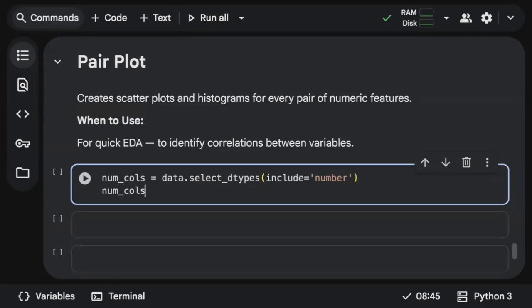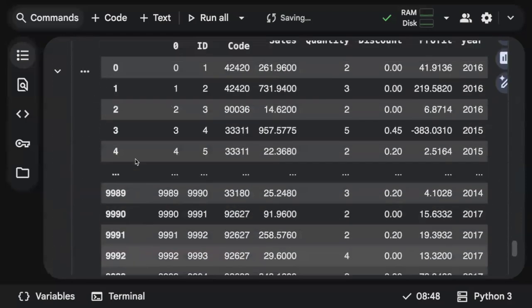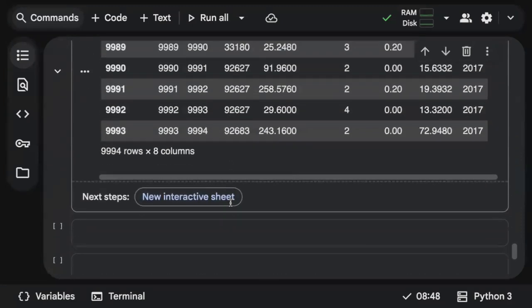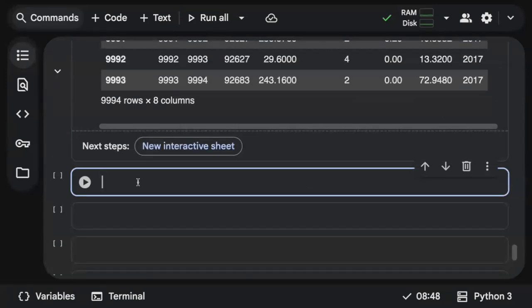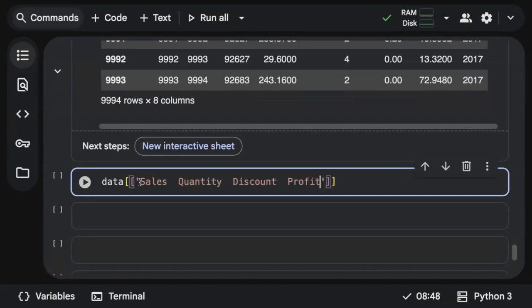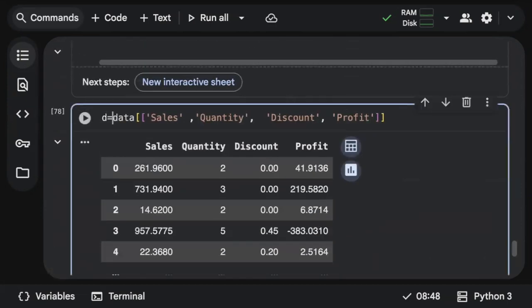First let me print it for you. Okay, so basically these are the different numerical columns we have. Let's say we don't want everything, we want just sales, quantity, discount and profit here. So I want these many. Anyhow, it's a date kind of column, right? So I'm just extracting that part of the data. I'm fetching the sales column, I'm fetching the quantity column, and I'm just ignoring things which are not really important to me. Like ID is not important, year is not important, only these many. So clearly you can see there are four numerical columns, right?